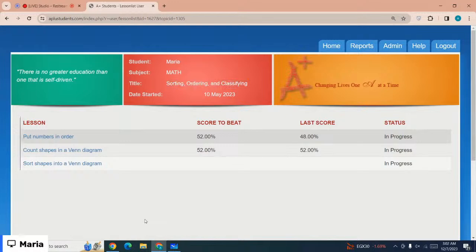Okay, here I'm on grade 1 math. The chapter we're going to start with is sorting, ordering, and classifying. Let's just start with the first lesson, that is put numbers in order. So, ordering means